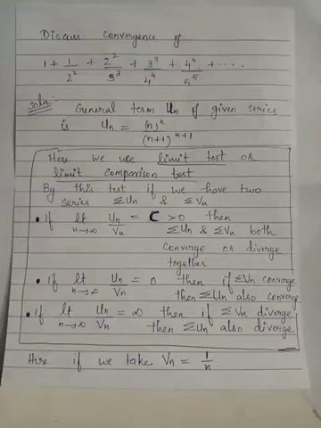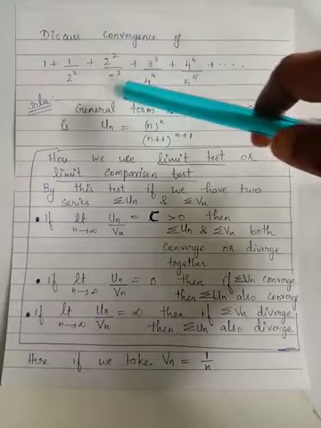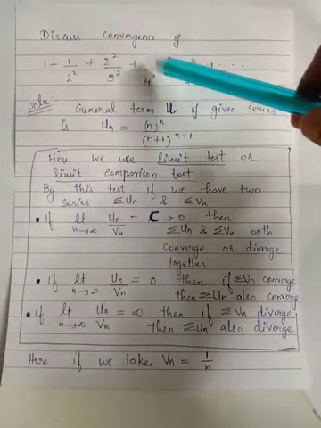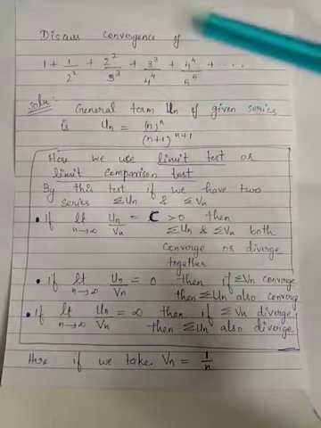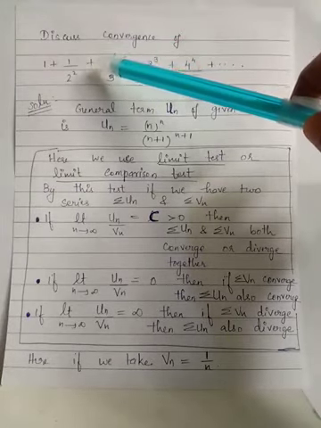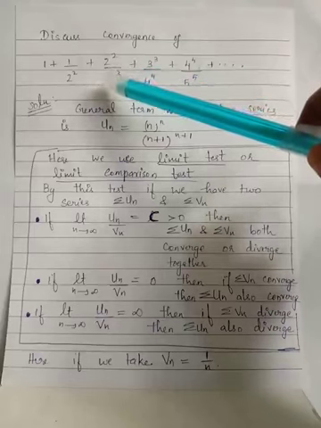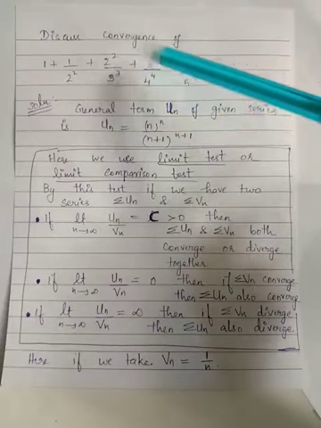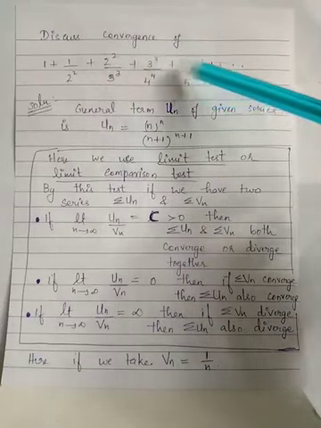The number in the denominator is obtained from the number in the numerator by just adding 1. Because 3 is obtained by 2 plus 1, 4 is obtained by 3 plus 1, 5 is obtained by 4 plus 1. And the number appearing in the numerator has itself as the power. The number appearing in the denominator has itself as the power. This is also a rule common to all the terms.